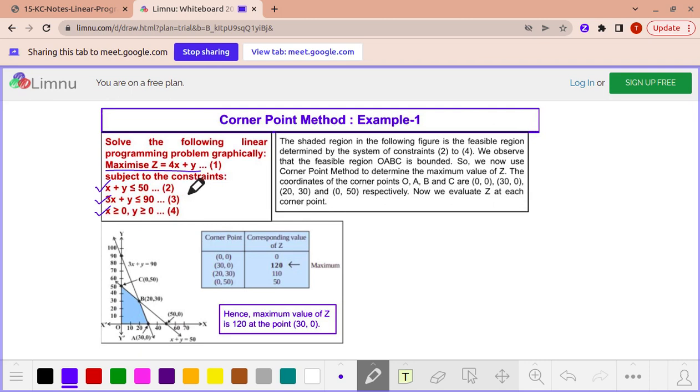So, what will we do first? First we will construct the straight lines corresponding to these inequations. Whenever it is written x plus y less than or equal to 50, we will draw the straight line x plus y equal to 50. So, let me explain with one problem in detail. The same concept will be applicable to the other problems. Okay. So, x plus y equal to 50 will be a line which I am drawing in the